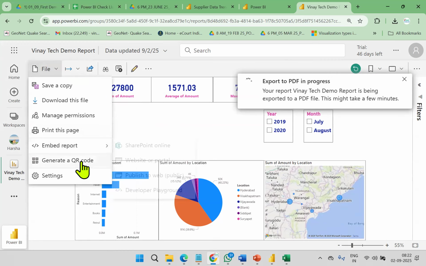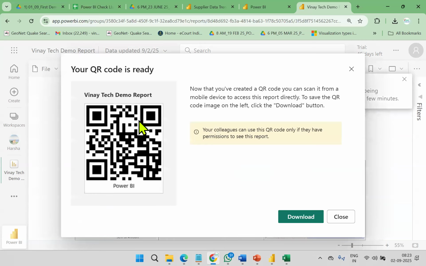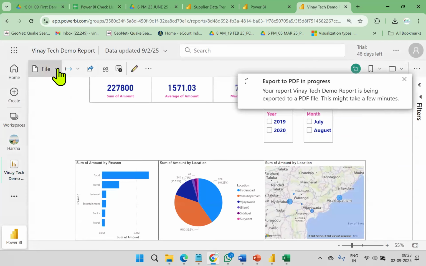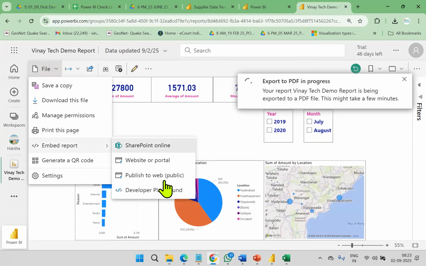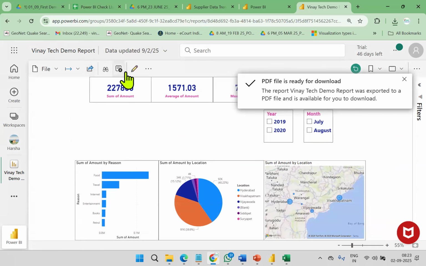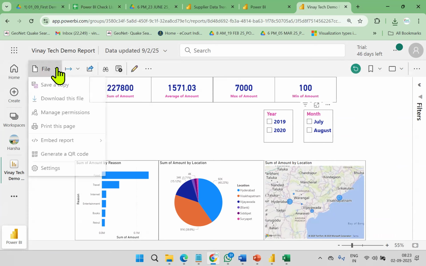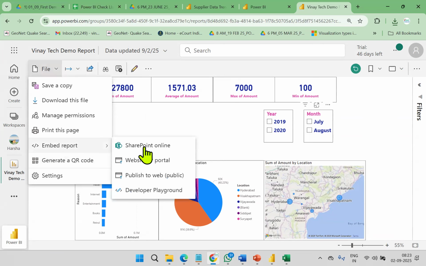Or if people want to scan a QR code and see the report, generate a QR code. The QR code is generated, they can scan and see. Or if people want to place it on Facebook, Twitter, etc., embedding the report. So like this, all the sharing options are available only at the cloud level: on-demand sharing, scheduled sharing, multiple ways of exporting the report and sharing, generating a QR code and sharing, and link sharing to place on Facebook, Twitter, and all. I'll show you this practically too, everything practical in the regular class.